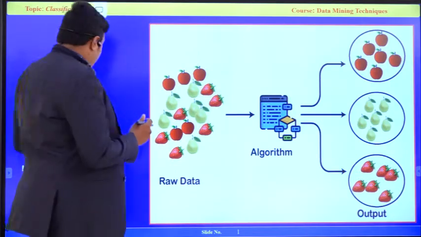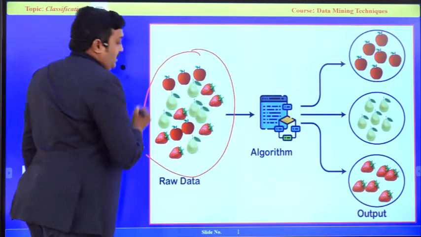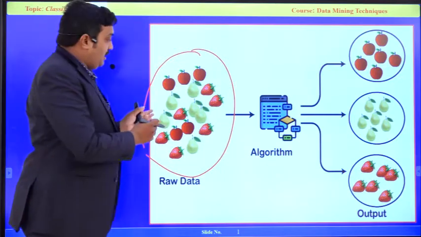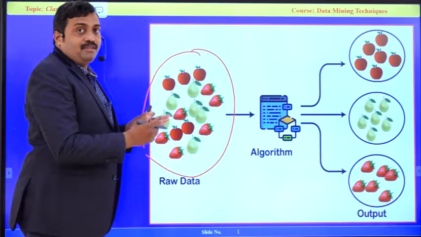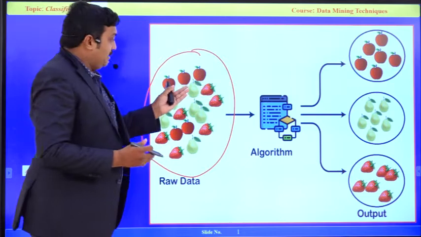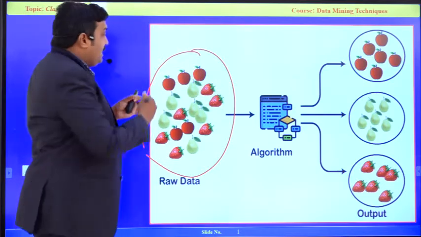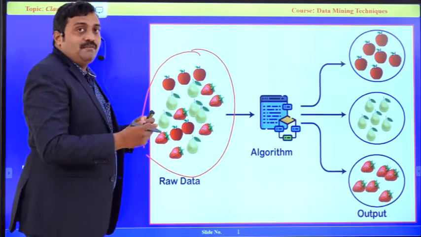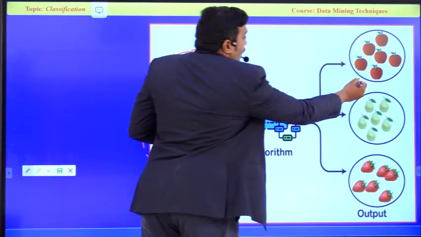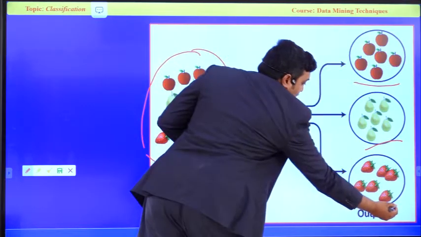See here, I am taking a very simple example. We have a lot of bulk of fruits. We can say that we got a lot of fruits from the farmer. What I need to do is classify which type of fruit it is. We already know the behavior, shape and color of the fruit. So as a human being, we can easily classify all apples as one class, all guavas as one class, and strawberries as one class.